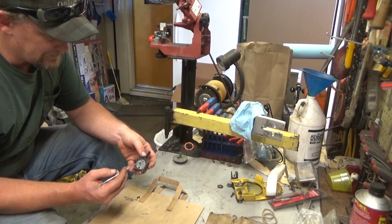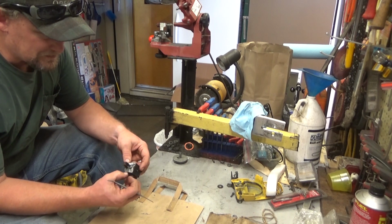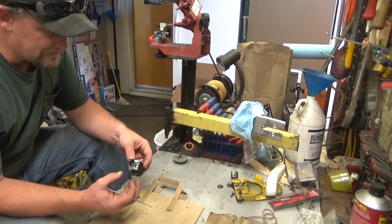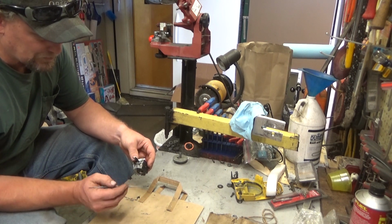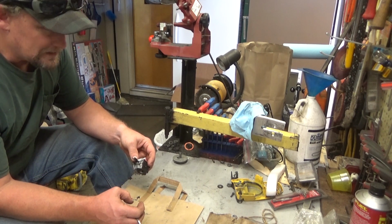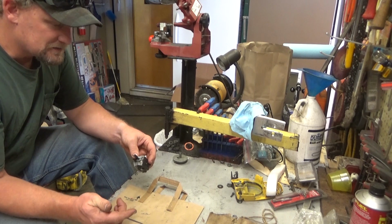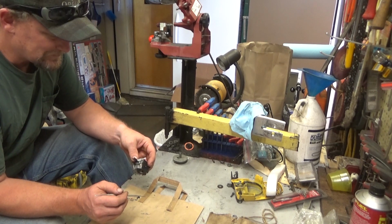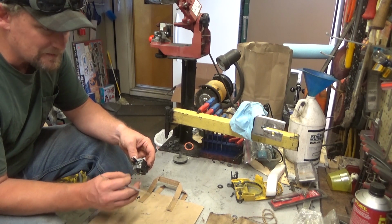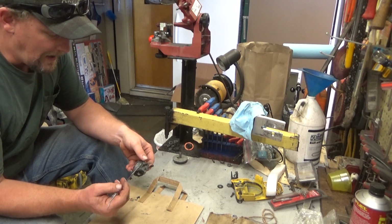So this check valve is a secondary protection, so that as the vacuum of the engine is trying to draw fuel down, if you have a situation where you do have a little pressure, once it's pulled the charge of fuel into the crankcase, coming back on the exhaust stroke, it should close that reed valve. But if it hasn't 100%, or if your engine's turning at the right speed where that timing just isn't quite right, you can get a pulse of pressure back up through here, and that is going to interrupt the flow